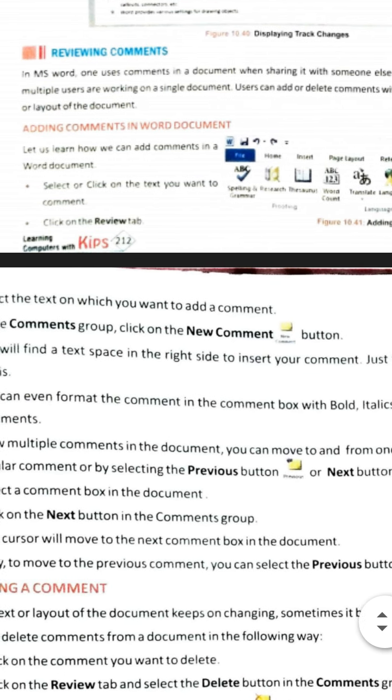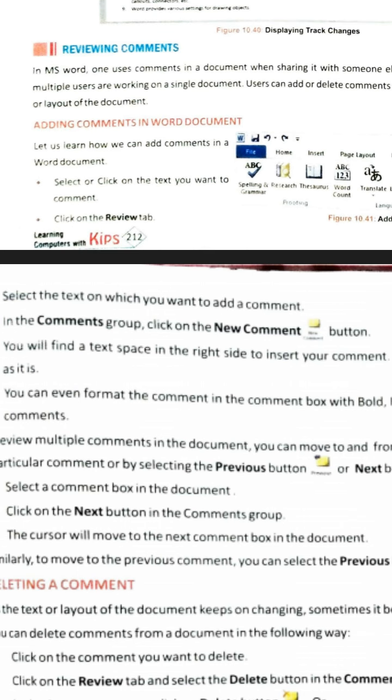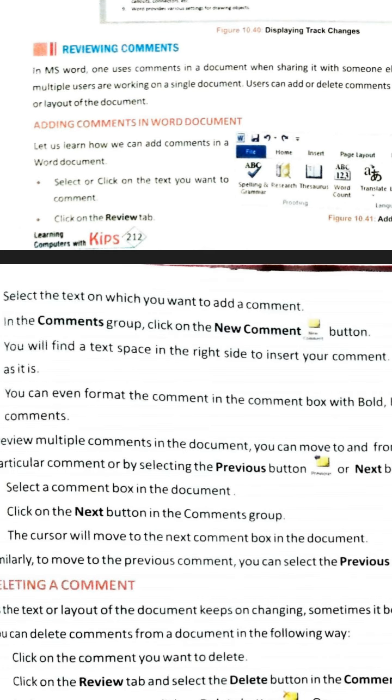Lastly, in this lesson, review comment. Suppose your document is shared by a lot of people, and a lot of people are making changes in this document, so you don't know who is editing or deleting text.